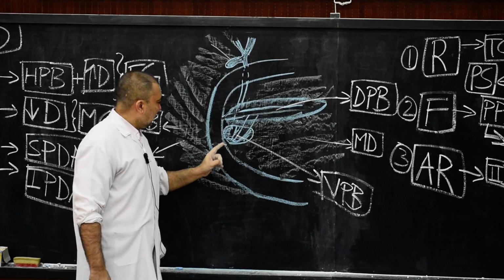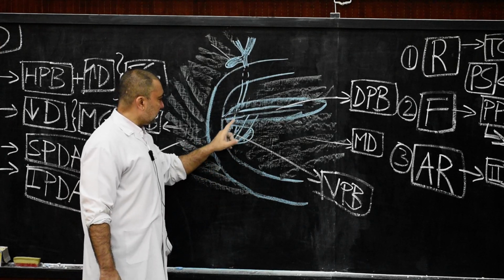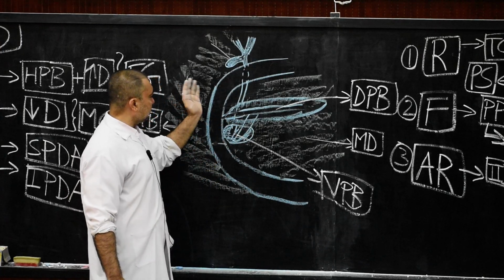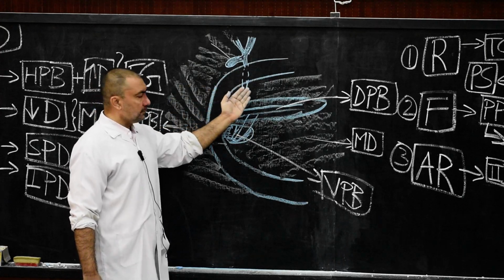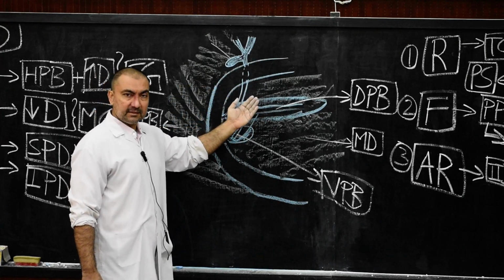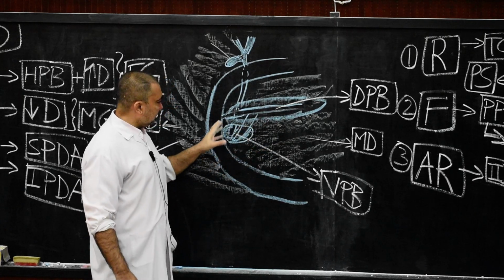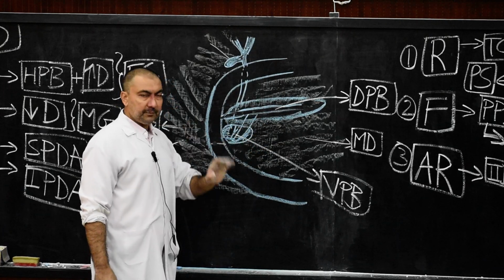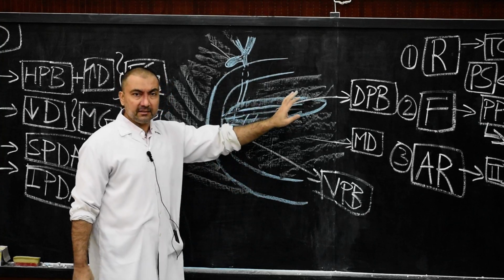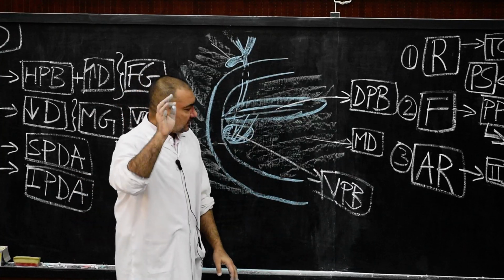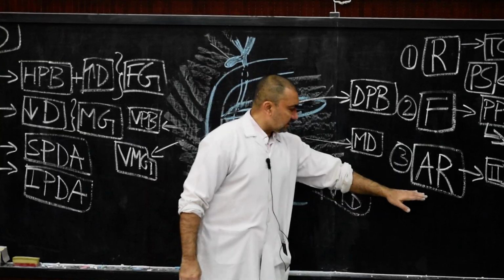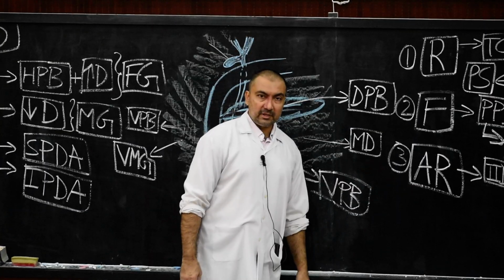This is the diagram in which the ventral and dorsal pancreatic bud will merge because of the shifting of the entire hepatopancreatic bud posteromedially. That is the point. Now, after this axial rotation, after this merging of the ventral and dorsal pancreatic bud into the entire pancreas, there will be one point after axial rotation which we need to note down.